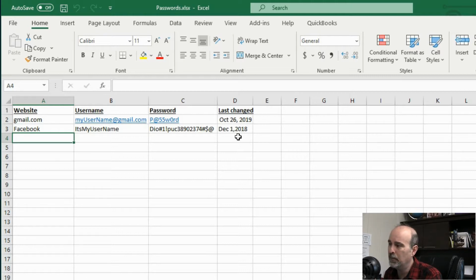Organizations have password requirements set to change it every 3 months or even every month, and so you can at least track it and say, oh geez, I haven't updated this password in over a year. And you don't know if that website got compromised, they may have your username and password for that website. So we want to password protect this Excel sheet so that nobody can get into it.